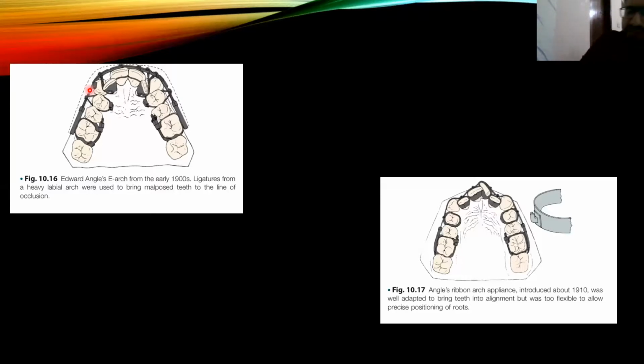He did not believe in extracting the teeth. He thought in nature everything is perfect. So if a person has 32 teeth, they should be there in the jaw. Expand and align the teeth. But later it was found that everything was relapsing. So you cannot expand according to your own wish. There's a biological limit. Then this was your expansion appliance and this is your ribbon arch appliance. I'll show what that is.